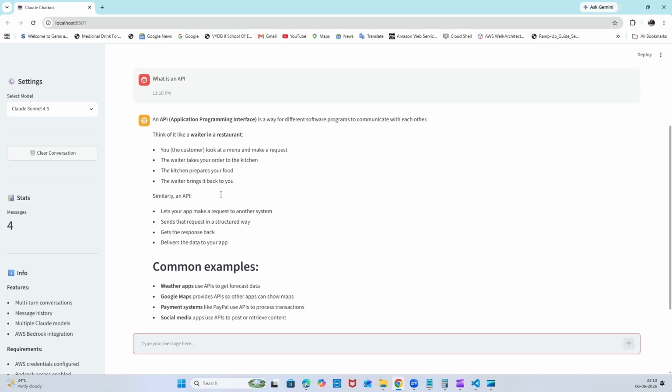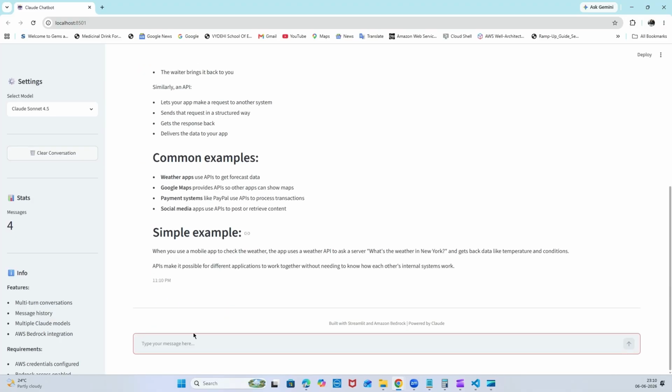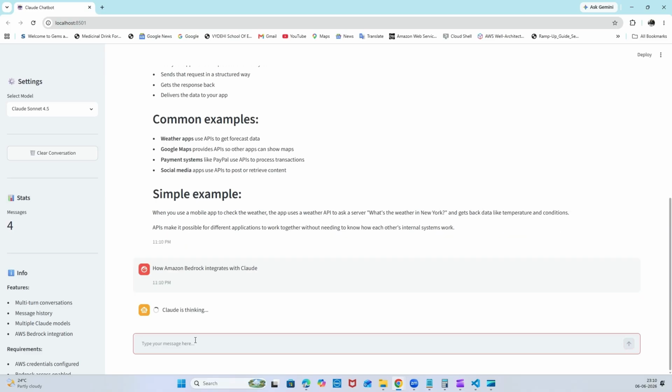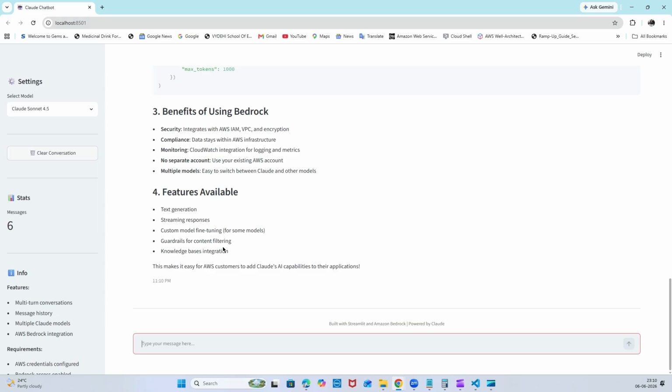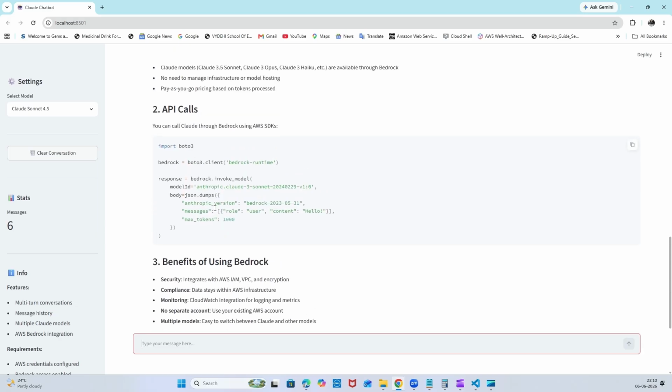And we can see the answer here is how Amazon Bedrock integrates with it. Let's try one more. And we got the amazing answer.